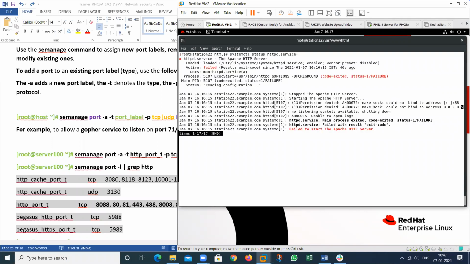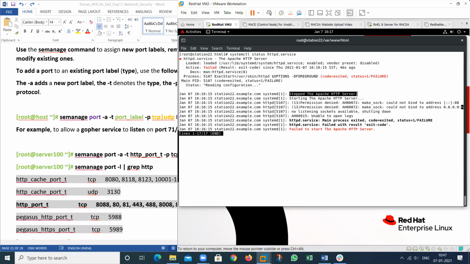See again. So that is the port. See this one. Now my port is 8080. And see this one. So that is permission denied. This socket is not allowed by SE Linux. So this has stopped this particular Apache service.